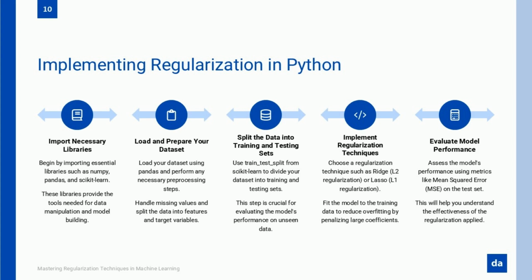And then, if you want the best of both worlds, you use Elastic Net, which is a combination of L1 and L2. It removes the worst features, but also balances the ones that stay, giving you a cleaner and more stable model. Once you've chosen which regularization method to use, the next step is to actually train your model with